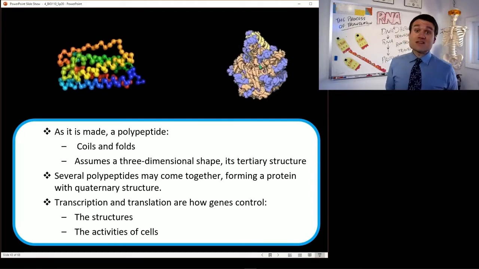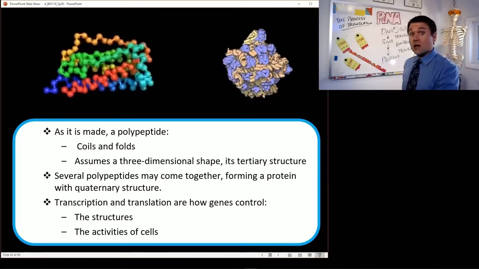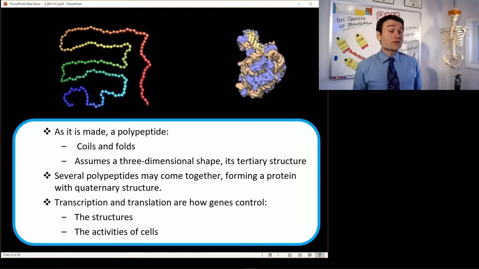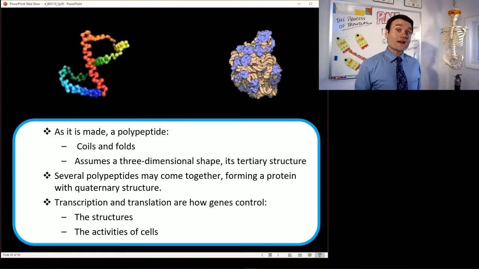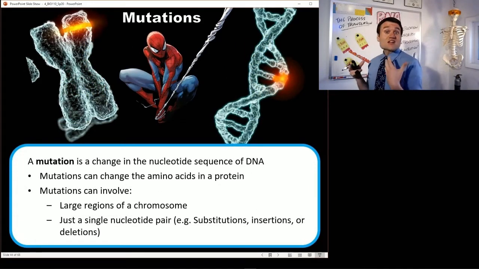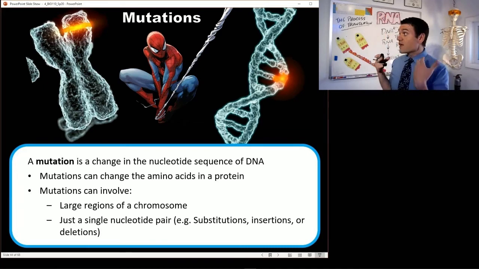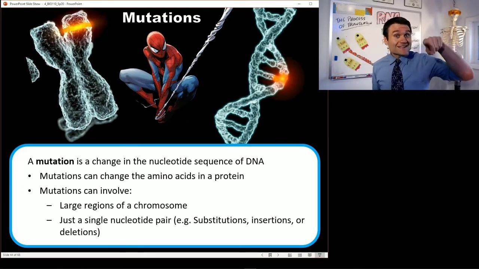And sometimes this happens. While DNA polymerase is very, very good at its job, it does make errors from time to time. And when it makes a little error, a spelling mistake, we call that a mutation. So mutation is when your genes change, when you have some sort of spelling error in your DNA. It was supposed to say ATT, but now it says ATC.